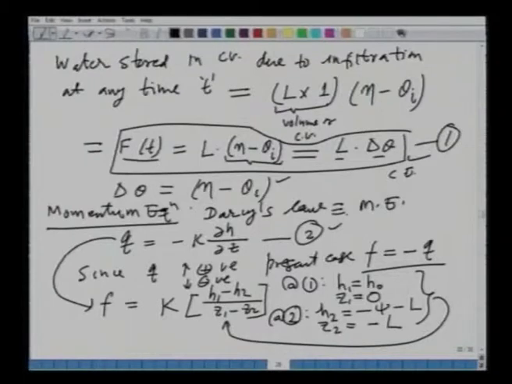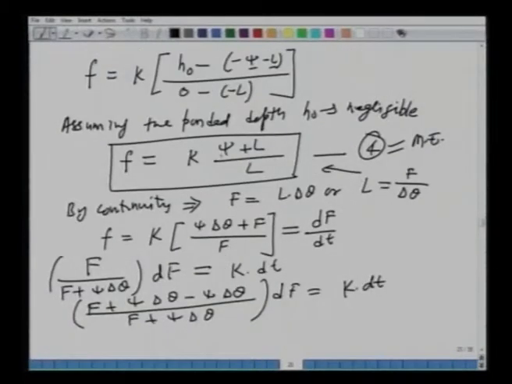Corresponding to that, this energy H we said is the sum of two things, and then we derived the expression for small f using this, considering two cross sectional areas 1 and 2. 1 is at the ground, which is the datum, and 2 is at the depth of the wetting front. Then we continued further. The head H we said is the sum of these two things, as I said earlier, and once we derive this equation, this is called the momentum equation, equation number 4, which we found out.